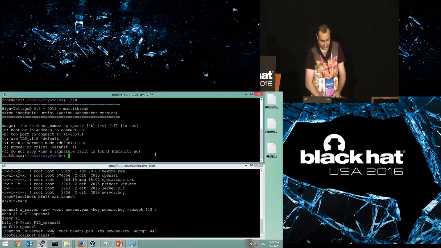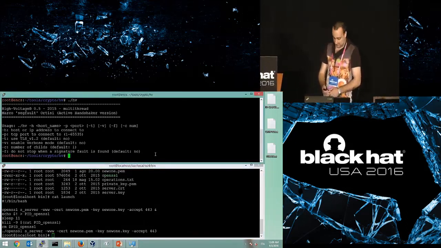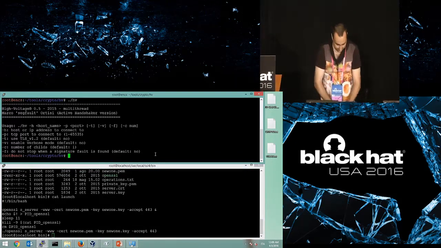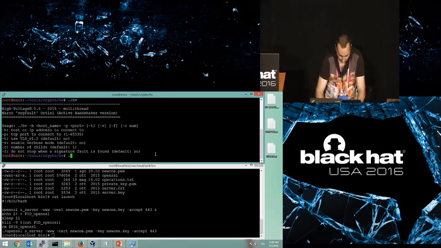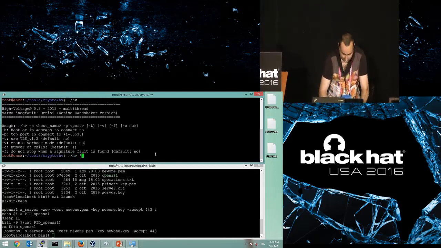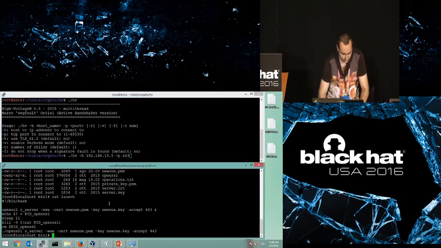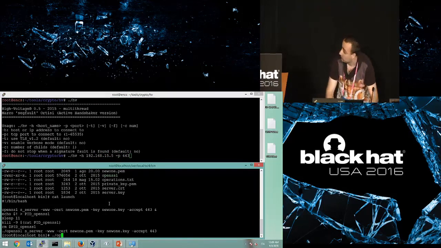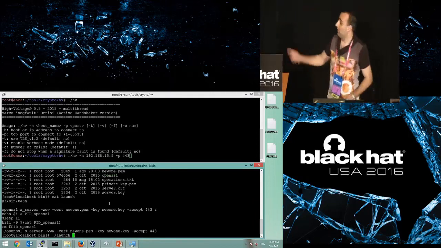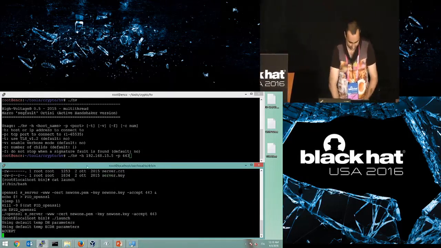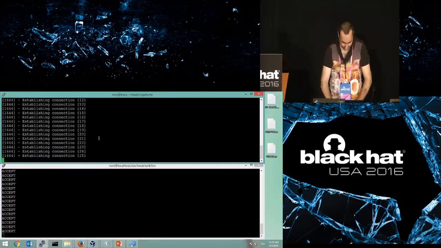On the client side, we will use High Voltage, and we pass to this tool only the two mandatory options, which are the IP address of the server and the port of the service. I'm running the TLS service on the server side, and at the same time I run High Voltage.